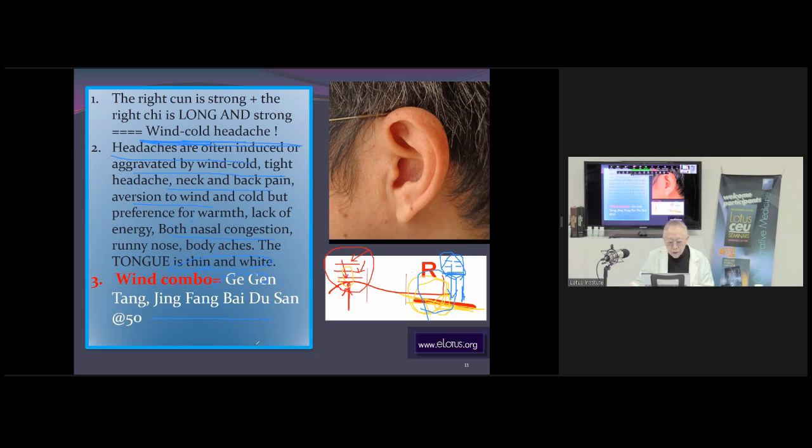Okay. And 荆防败毒散, some of you have been following me for a while. You know, 荆防败毒散 is for what? For damp heat of the surface. So I use 荆防败毒散 for skin problems, eczema and psoriasis or skin allergy. Usually 荆防败毒散 is for the surface. So in this case, it's also good for the surface and for the neck and shoulder. And you've got to tell the patient, do not eat any kind of cold food. Huh? Look at this,